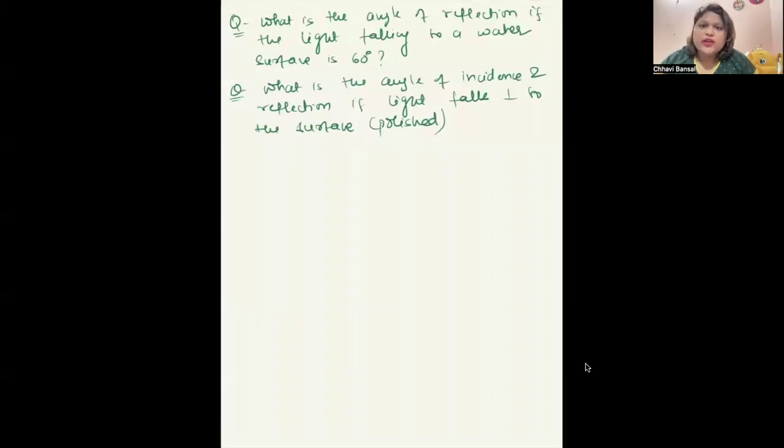So the second question is, what is the angle of incidence and reflection if light falls perpendicular to the surface? Okay. Next is